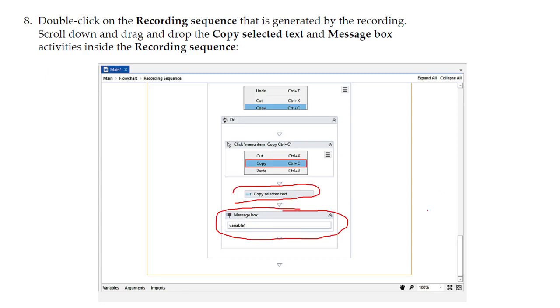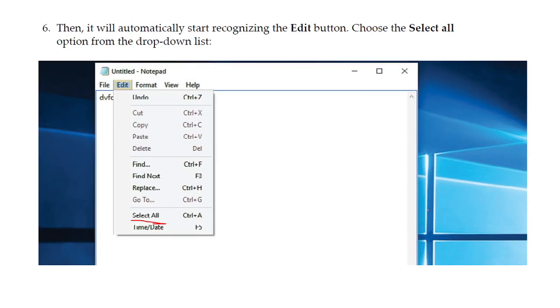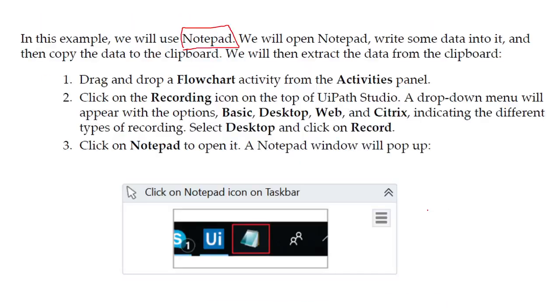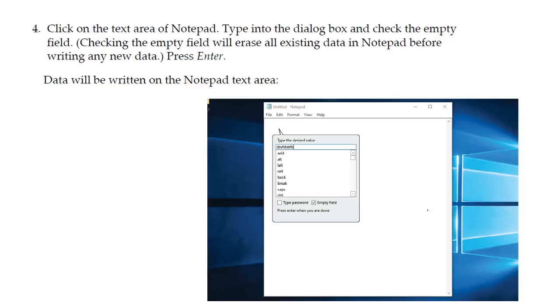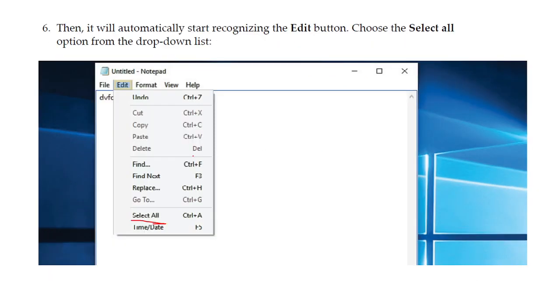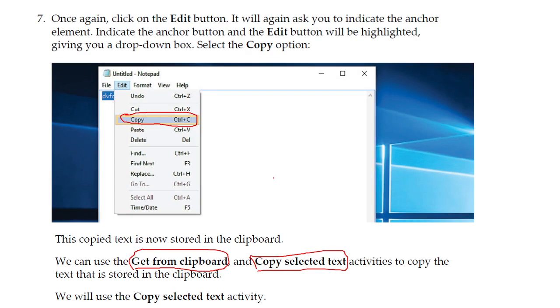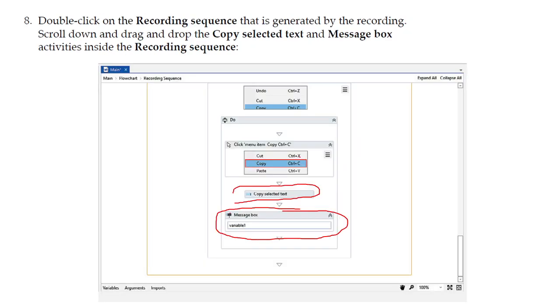Once again I will repeat. The objective here, in order to demonstrate clipboard management, is that we are using a notepad and typing some text in it. After that, we are selecting all the typed text in the notepad and performing a copy operation, so that the copied content will be present in the clipboard. Then we take the content from the clipboard and finally display that copied content in the form of a string using a message box. Clear with the objective?